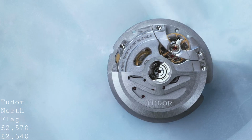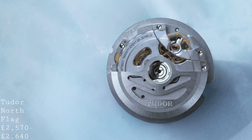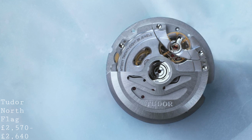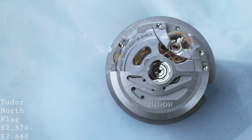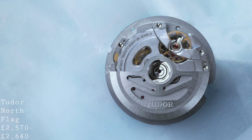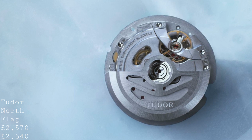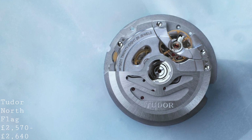And the movement which is able to allow these functions is also a very interesting piece of Tudor's modern history, because it retains the traditional style of Tudor and Rolex caseback with their proprietary style of opening. However, here, unlike other versions, it has an exhibition caseback, and so through a sapphire crystal you're able to peer at their in-house movement, which is the MT5621, which is unseen on any other Tudor model, apart from this piece with